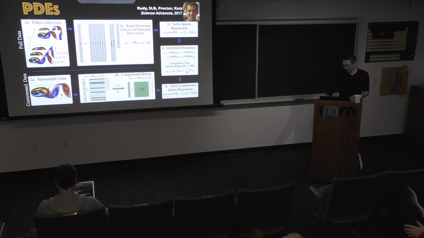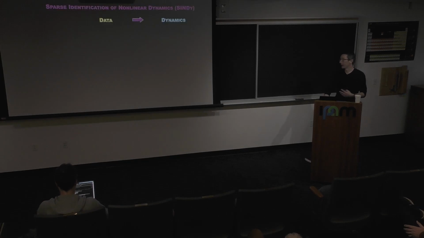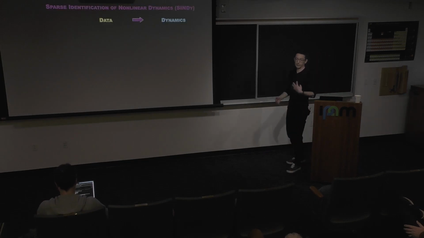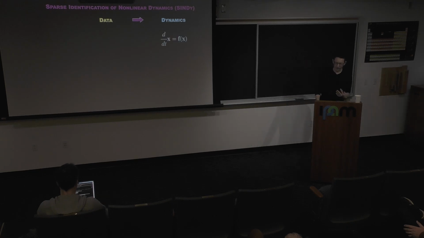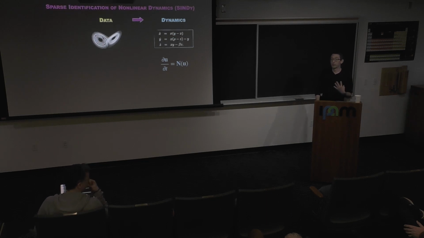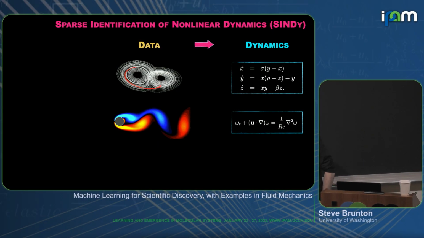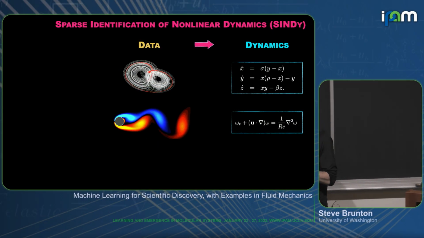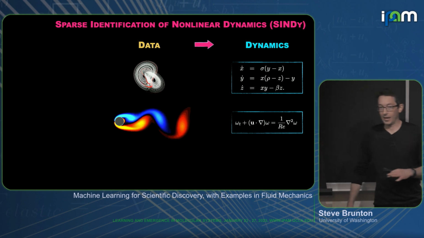Okay, excellent. Great questions. So, very high-level summary, we're trying to get dynamical systems from data. These typically come in the form of ODEs or PDEs in my experience. So if I have a system like the Lorenz 1963, I want a low-dimensional sparse system of ordinary differential equations. If I have spatial temporal data, I want something like a partial differential equation. Okay. There is a third option. This is what I'm going to show you for maybe the next 10 minutes or so.